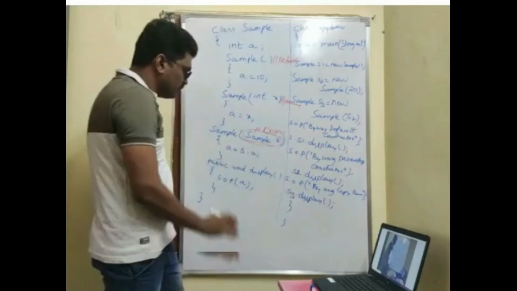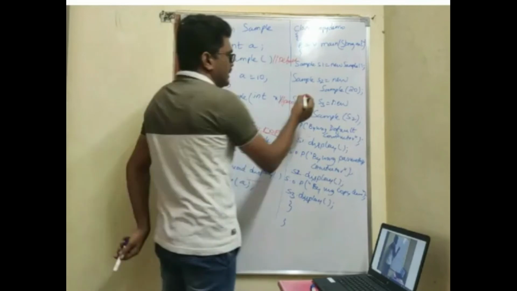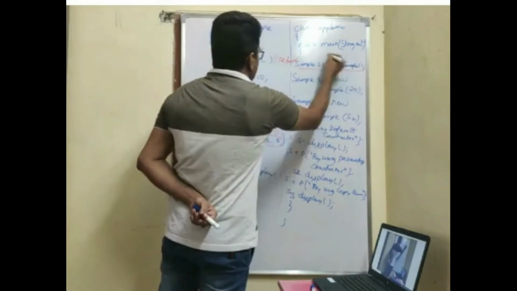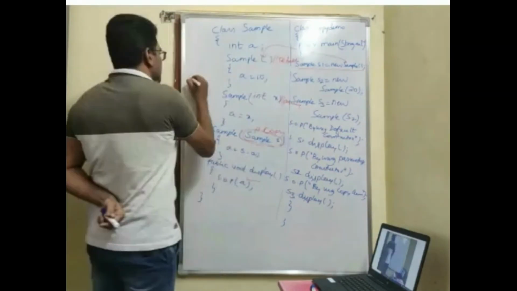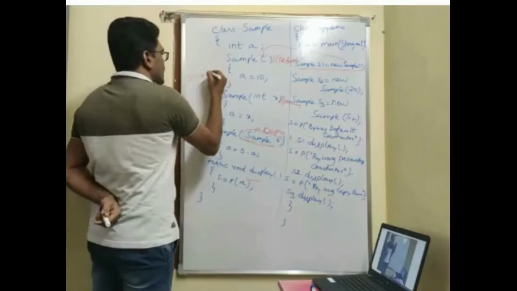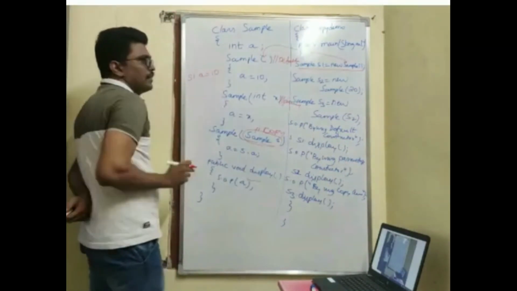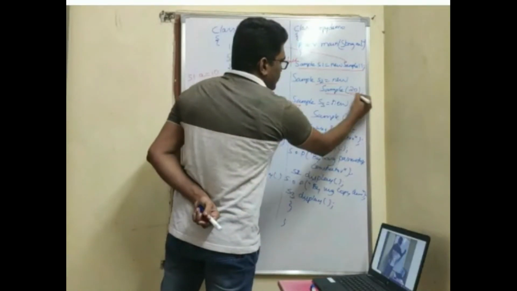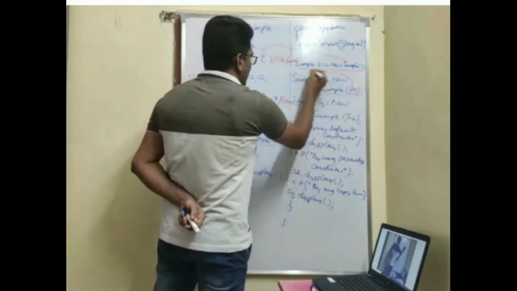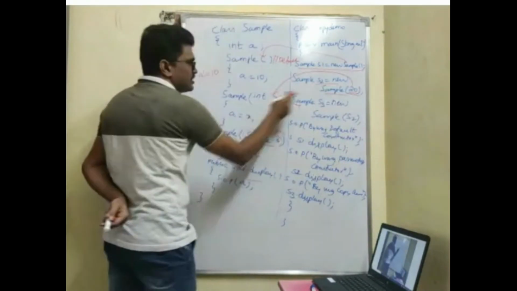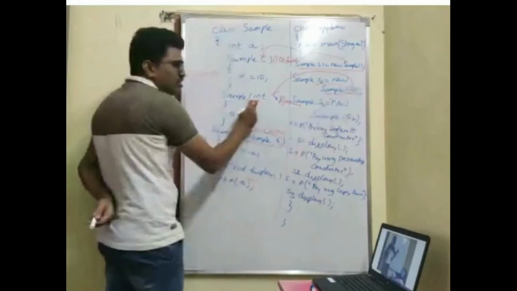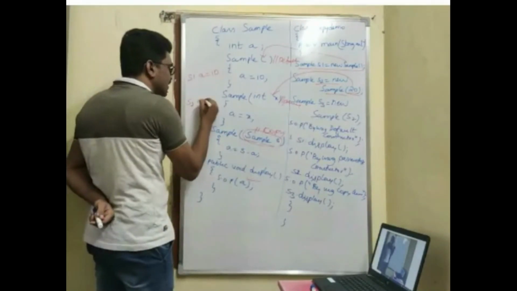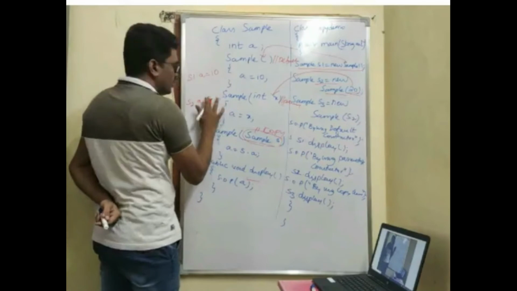So now displaying we are doing. So this is as usual. Whenever I create s1, the constructor will go here, so s1 dot a will be initialized to 10. Now when I do s2, what value am I passing? Which constructor is matching? This constructor is matching, because I'm passing an integer value and here it is an integer value. So this will be invoked. s2 dot a is equal to what we gave, 20.